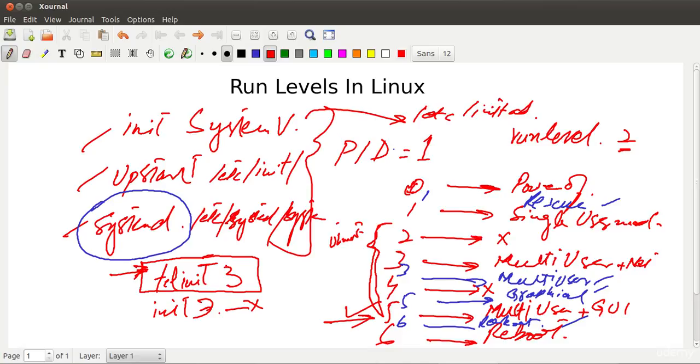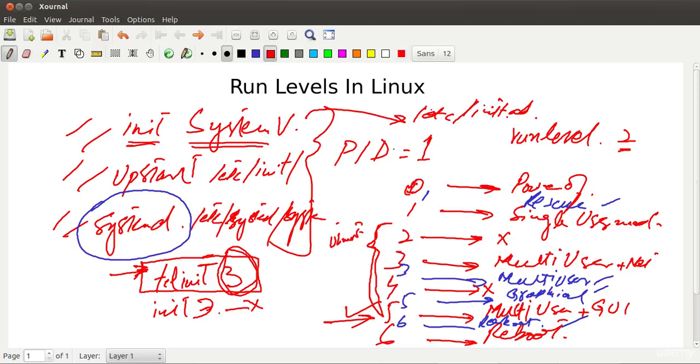It will reboot the system and bring your system into whatever run level you have defined here. But after you get out of that run level, or maybe type exit or maybe reboot, then your system will get back to the default run levels that are defined in either of these initialization systems. Now, if you are talking about init system or System V based initialization process, then the file that you will be editing to make this run level change permanent is